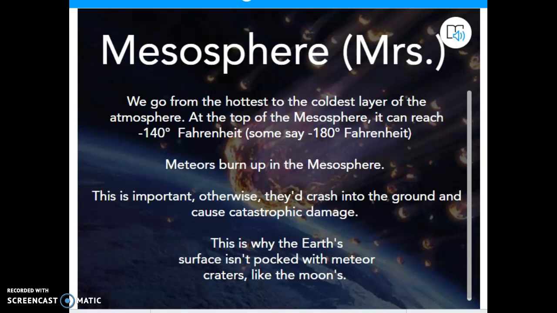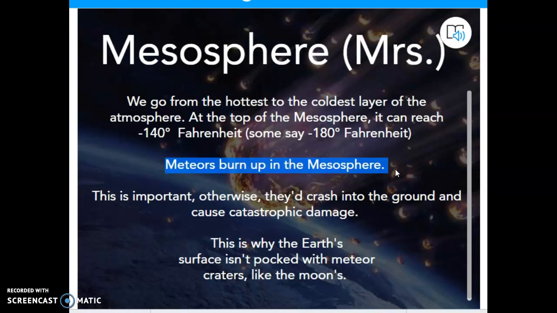This is really simple. What's the most important thing about the mesosphere that also starts with M and it's in the middle? Well, you have meteors burn up in the mesosphere. Mr. Bullen, seriously, like the most important thing about the mesosphere also starts with an M? Luckily for us, yes. And typically this is the only thing that I really see on tests and quizzes about the mesosphere. But it's a huge thing.